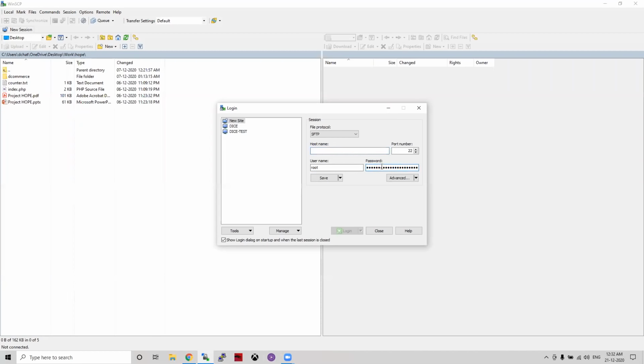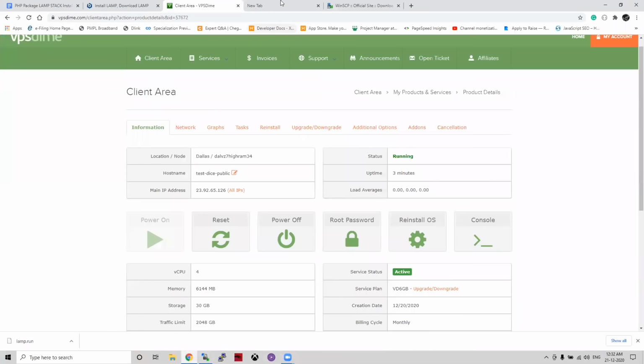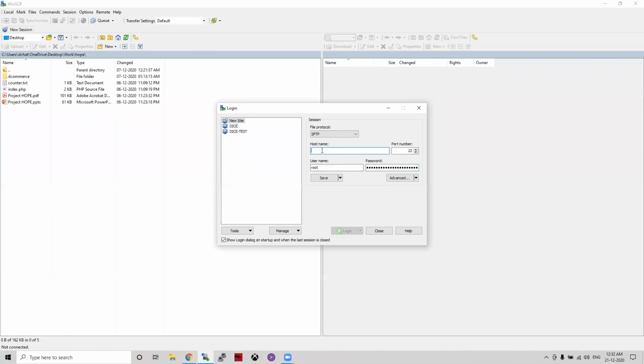Let me copy the password here, and we need to take the IP also, this one, and here we need the hostname. So the hostname will be your IP, the username will be root by default if you are using VPS, and the password will be whatever they have given. Okay. It is always recommended that when they give you a username and password, please change it, so that it will be better for you.